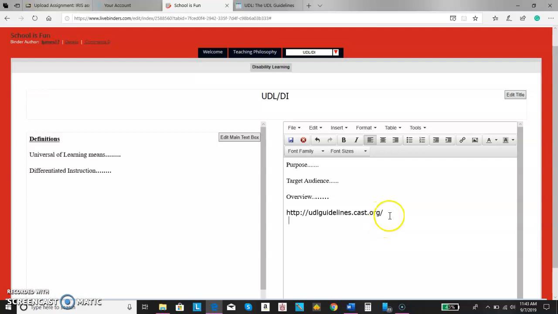If you want to insert the link to make it easy for your readers to get access to the website, what you can do is go to the website and highlight the URL. I'm going to copy it, so I press Control C. I'm going to go to Insert, and you should click on Insert Link,